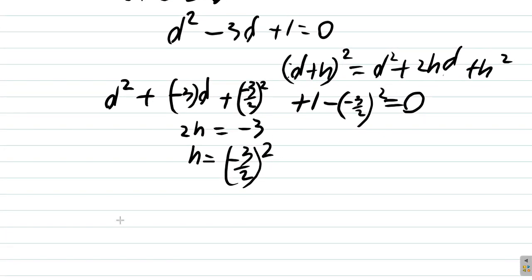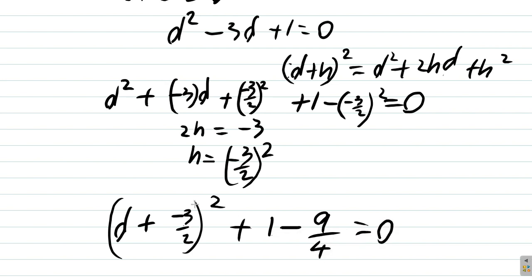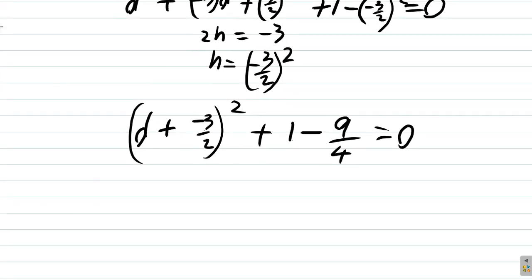D plus h squared. This can be written as d plus, what was h again? H was negative 3 over 2. D plus negative 3 over 2, all squared. You see? This, you know, is this. Alright. Plus, and then we deal with this part. 1 minus negative 3 over 2 squared. That's 3 times 3 is 9 over 2 times 2 is 4, equals 0. Alright? So what do we have? D minus 3 over 2, all squared